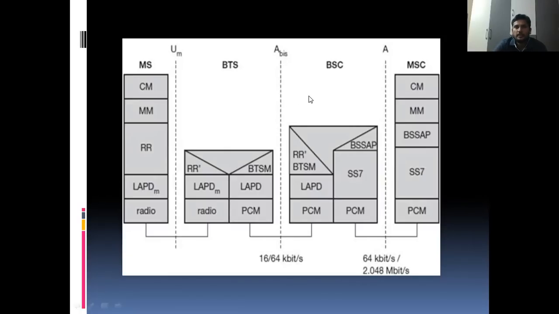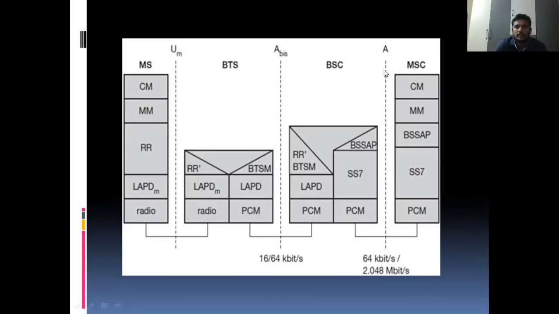One BSC connects to multiple BTSs. One MSC connects to multiple BSCs. In simple terms, the mobile station is the SIM. The BTS is the antennas for signal propagation. The BSC is the communication connection between the MSC and BTS, like a local server, and the MSC is the main switching center.